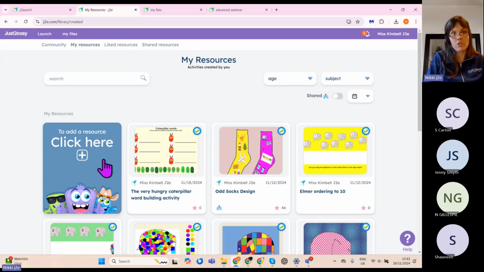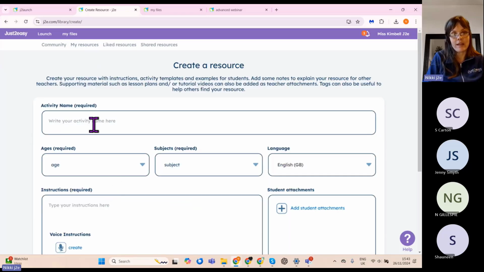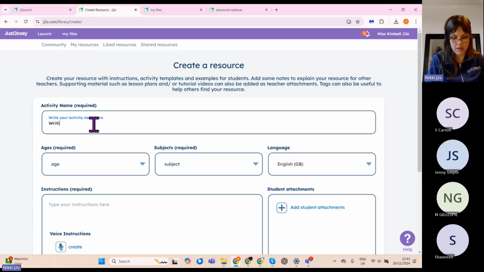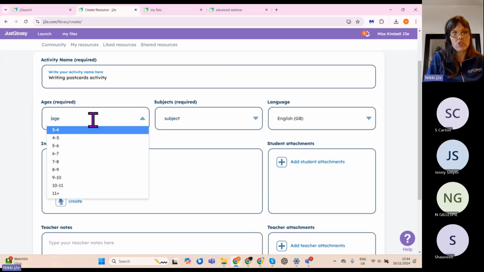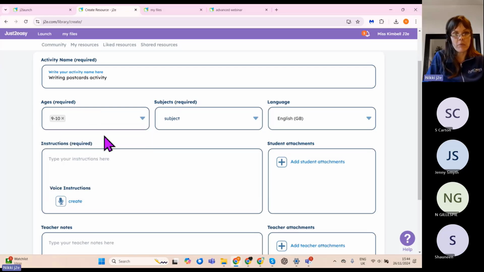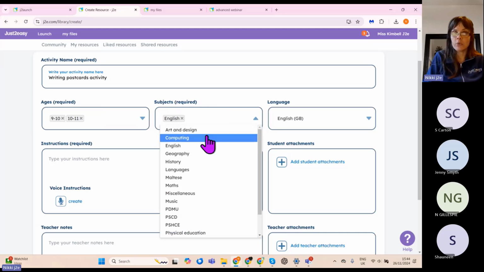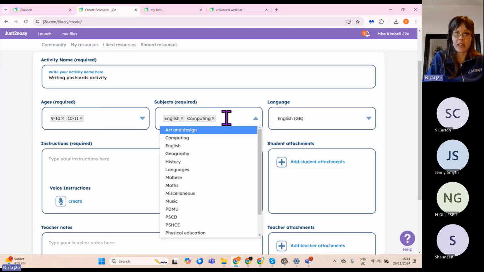Okay, so what I'm going to do is I'm going to add in that writing postcards activity. So this is how we can create a resource. Okay, now I have to choose an age, so that might be my upper key stage 2s. You can choose multiple ages. You can tag against subjects, and again, that could be multiple, so it could be computing and English, might be